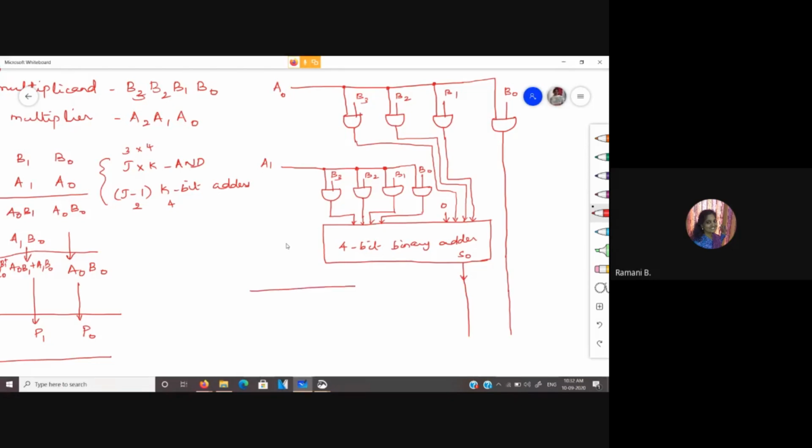Then we have to perform the multiplication of A2 with B0, B1, B2 and B3. Now this is to be added.